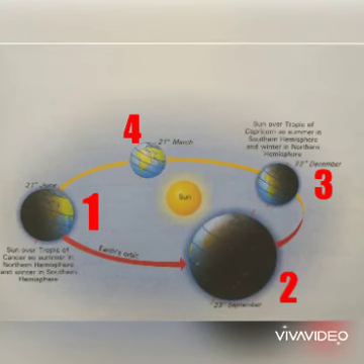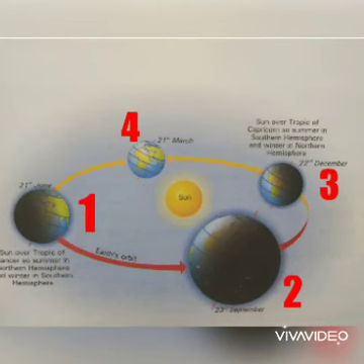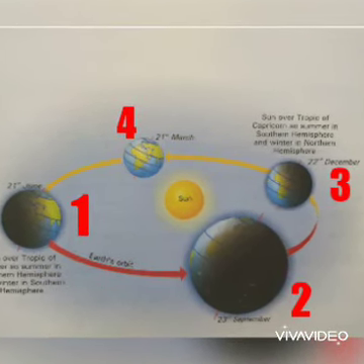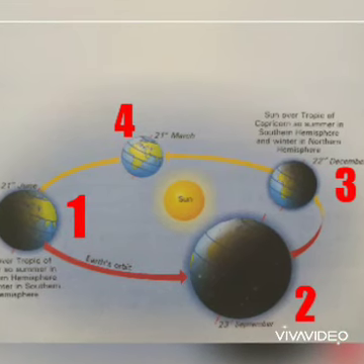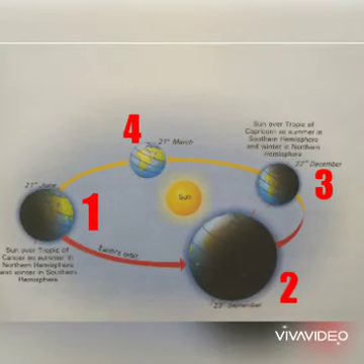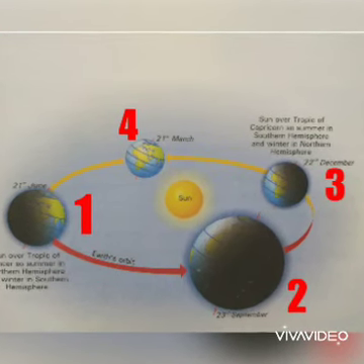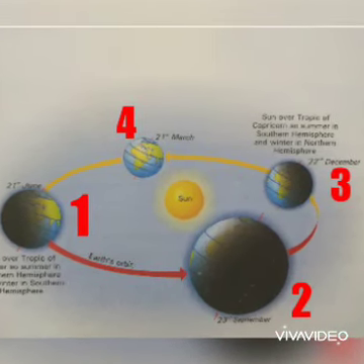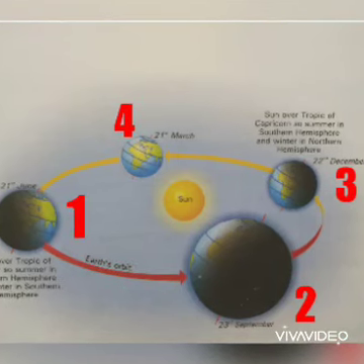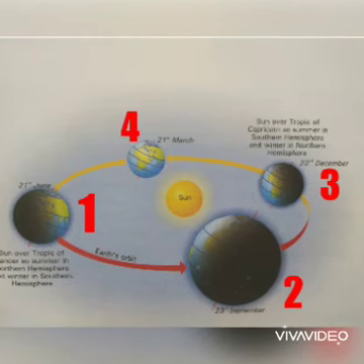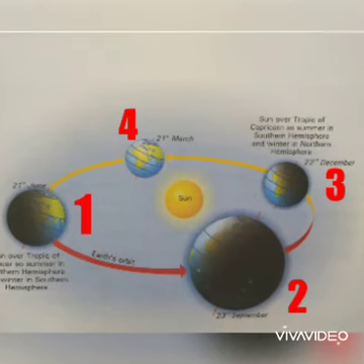So I am sharing this picture in front of you. You can see this picture. This picture is showing the revolution of the earth. As you can see, earth is at picture number 1, and then at the second place, then at the third place, and then at the fourth place. In this way it keeps revolving around the sun,